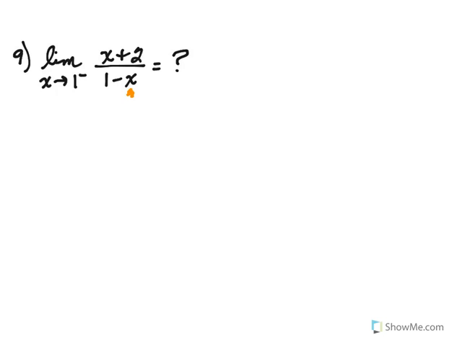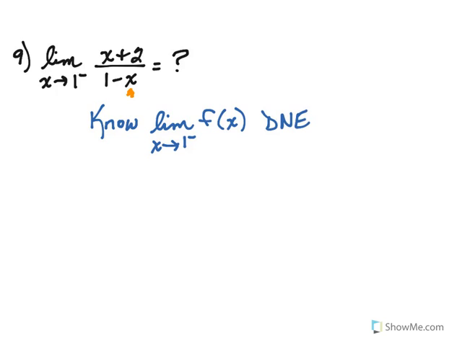Now, a great way to do that is to simply graph it and look at what's happening as you approach 1 from the left, but we're going to try to tackle it algebraically. So we know this limit doesn't exist. And I'm just going to refer to it as f of x to make it easier to write. All right, and again, the reason we know that is because we have 0 in the denominator, which we know